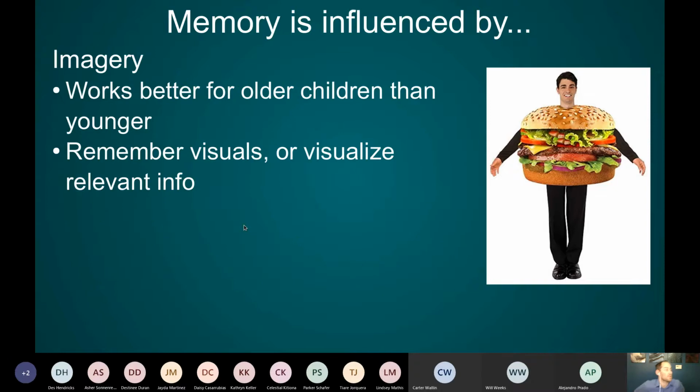So with that, it works better for older children than younger, and a lot of that is probably because younger children have had less time to bring up visual memories and to record visual memories. So we'll talk about in a little bit how it's very, very rare to have memories from before you were about 4 years old. So for younger children, it is harder to do this visual imagery and connect things because you're still making processes, you're still learning what is a fire truck to then make other connections to that.